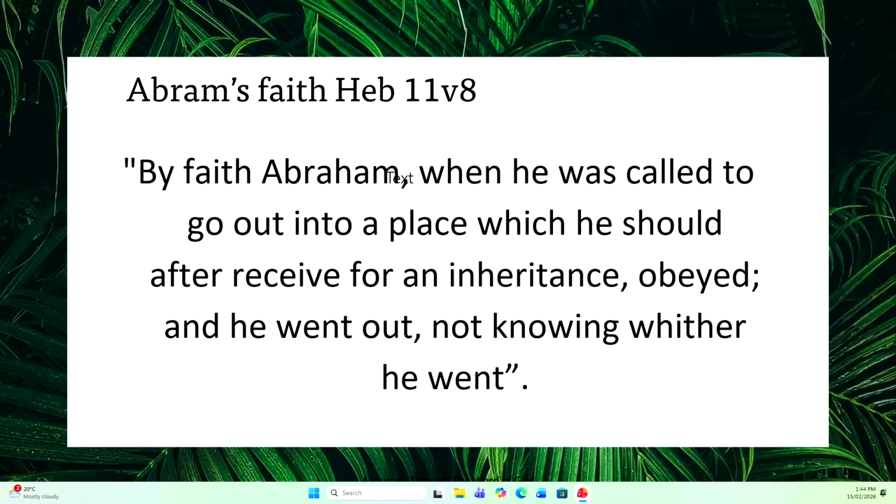So Abram knew of God, he believed in God, so much so that he was willing to uproot his life and leave and go somewhere that he didn't even know where he was headed. That's how much faith that he had. And because of this faith of Abraham, God gave him a series of promises, which really is the key to our topic today.